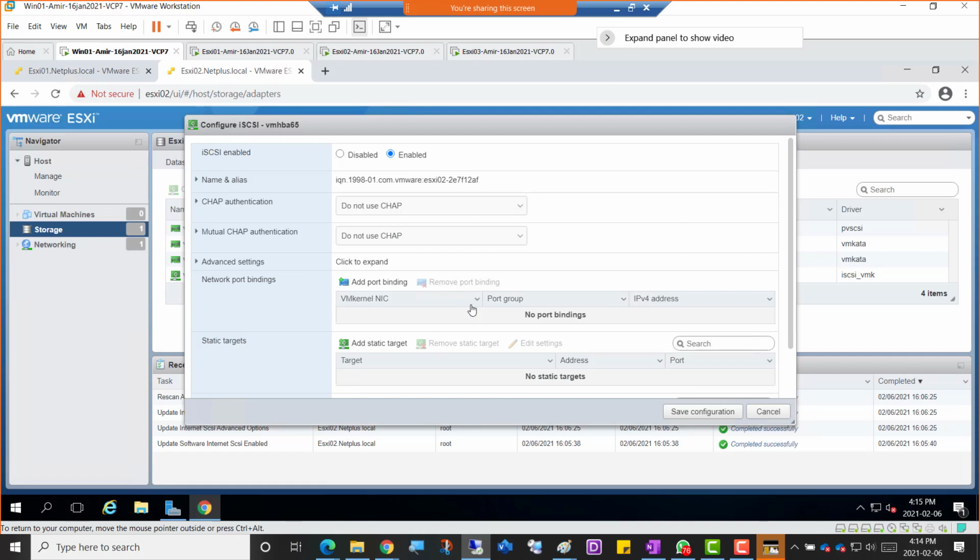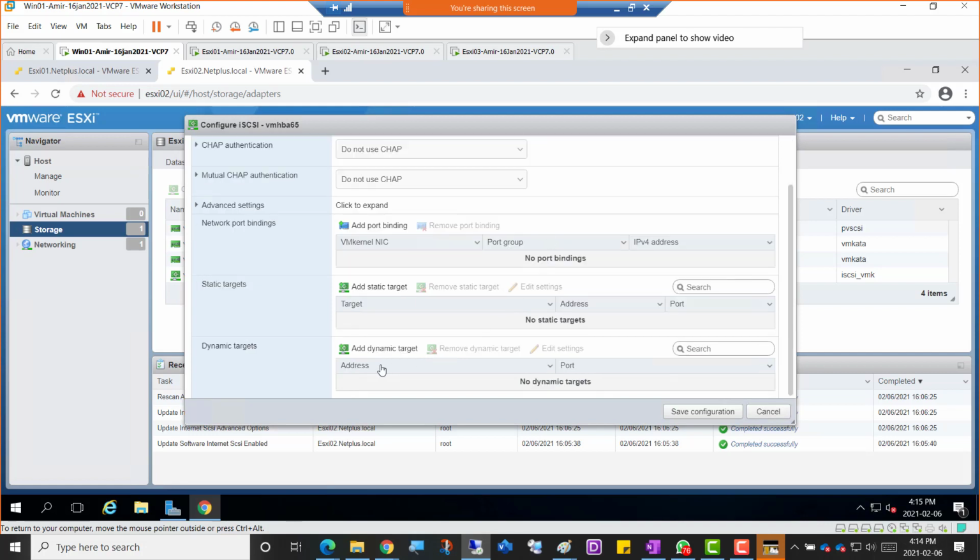Once it is enabled, then we go down to the dynamic target, and we just need to define the IP of the target, which is 192.168.200.1. So I'll click that, 192.168.200.1, and that's it. So I'm gonna click the save configuration here as well,